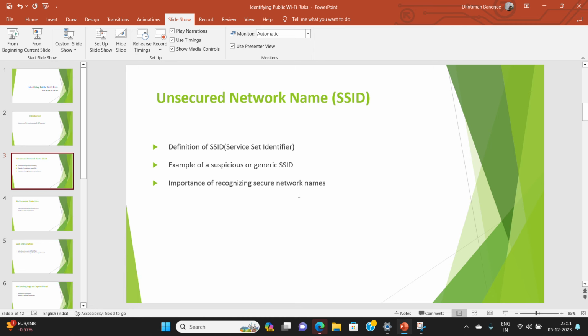Also a COVID test center Wi-Fi name as an SSID is a security threat, because it may ask you for sensitive information related to your health, or it can be exploited by attackers.